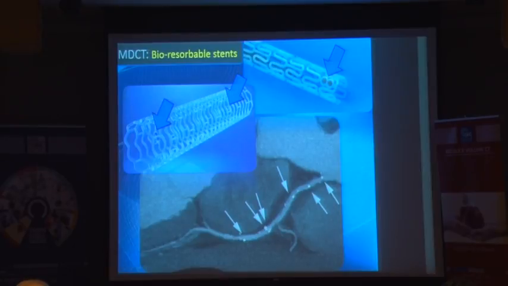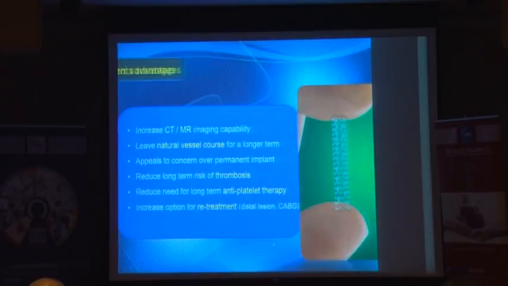And you can see that this very nice bioresorbable stent makes life for us much easier. And it's a really, really promising stent for us. It will allow us to have nicer images as regards CT and MR, and it can leave the natural course of the vessels, the coronary vessel, for a longer